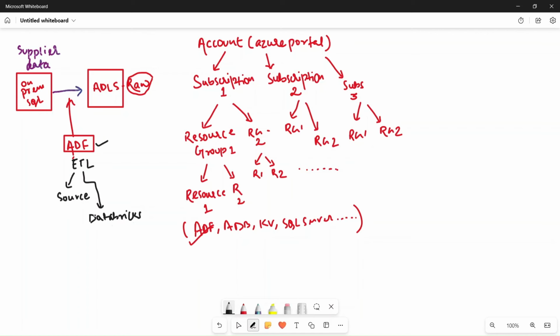Okay. So Databricks is one example for transformation, and the other is loading. So basically where you will load the data, you should have some kind of a target in order to load the data. In our case, ADLS Gen2 is the target, correct? So let's create this storage account where we will be loading the data. Okay. So I'll go back